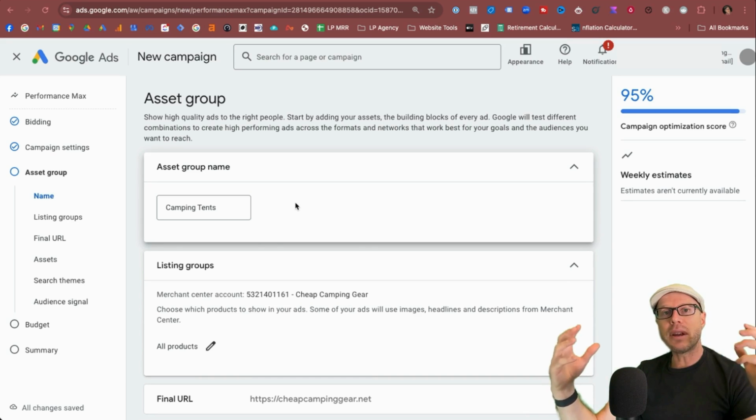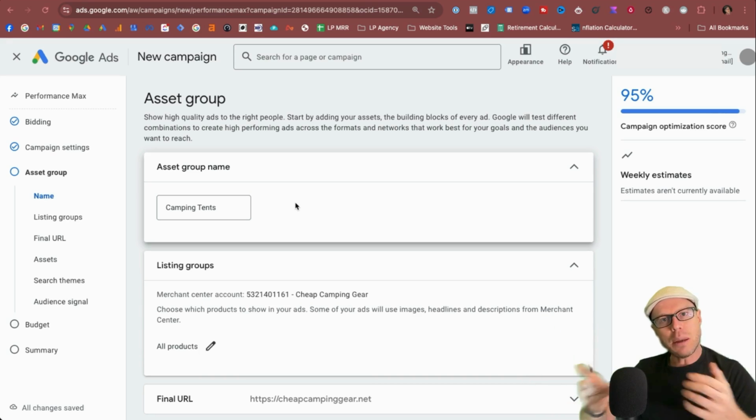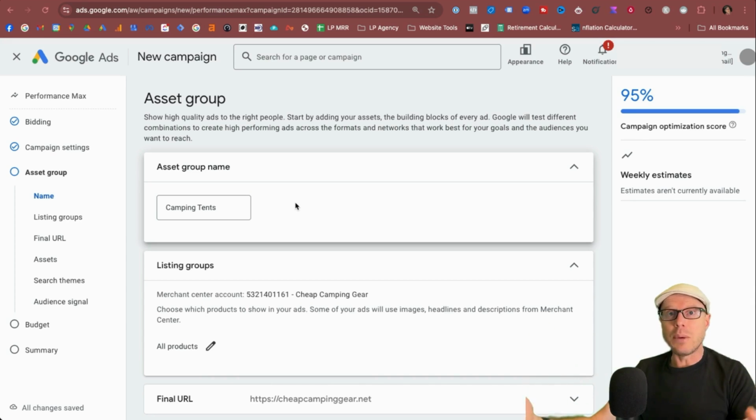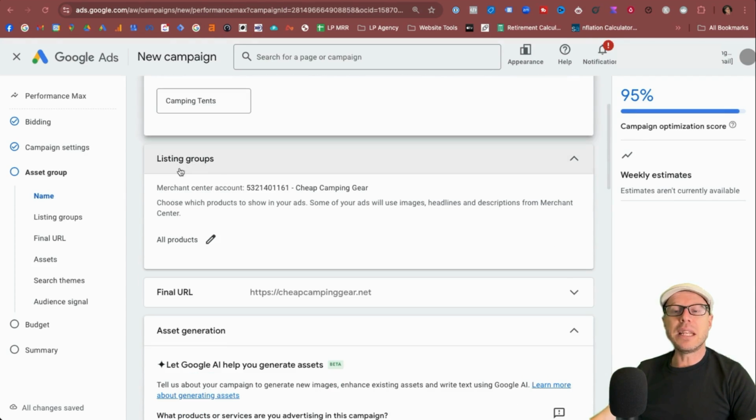Once you've set up all your category themes, for example, then you may have a lot of products that don't really fit into an overall category or theme. So you want to catch all of them on the peripherals. So you set up an asset group for those products that don't really fit anywhere later on. And you usually set that within your listing groups. For example, here, I've got all products set up. That's how you can set it up within a catch-all campaign, or you can segment it all out as I